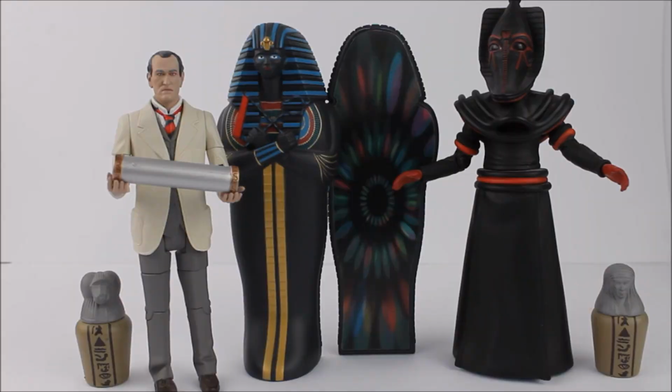And of course, due to this set being released in 2013, what better way to celebrate the 50th anniversary than with a set completely dedicated to one of the most popular episodes within Doctor Who history. And what I love about this set in particular is not only does it feature some very unique and interesting figures, but also that the Pyramids of Mars has kind of been an episode that has always been followed through